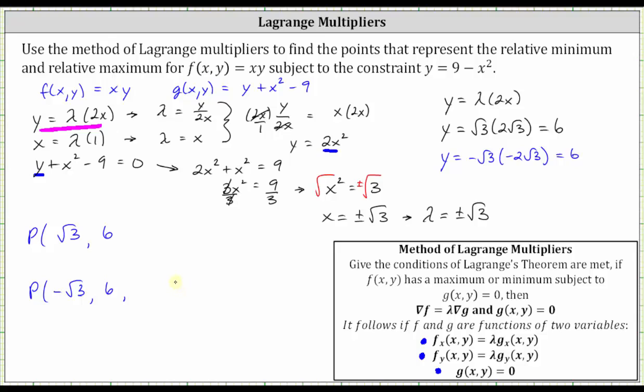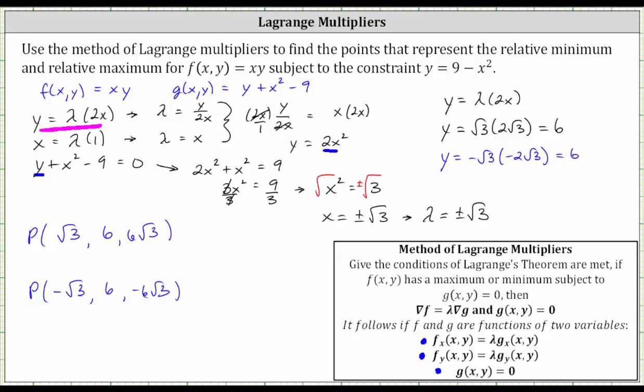And now we need to find the z-coordinates, or the function values, when x is square root 3 and y is 6, as well as when x is negative square root 3 and y is 6. And since the function is f of x comma y equals x times y, the z-coordinate for this point is just square root 3 times 6, or 6 square root 3. And for this point, we have negative 6 square root 3. So obviously the larger function value is 6 square root 3, and the least function value is negative 6 square